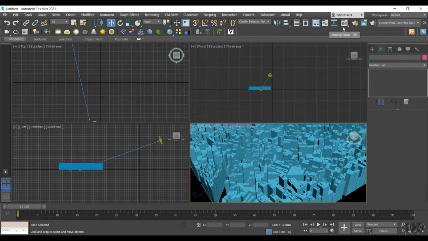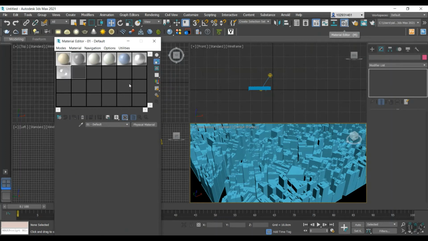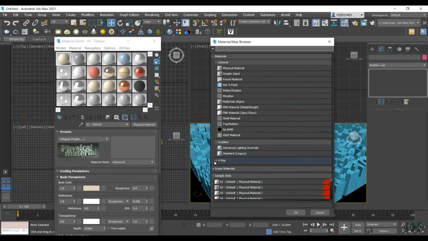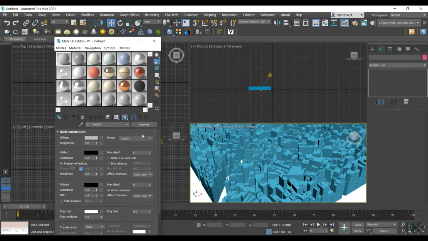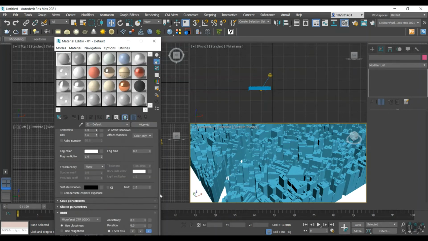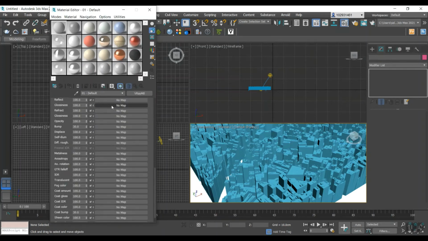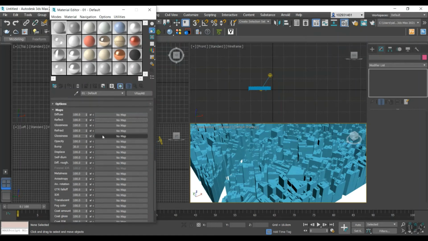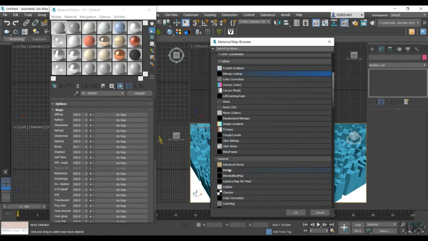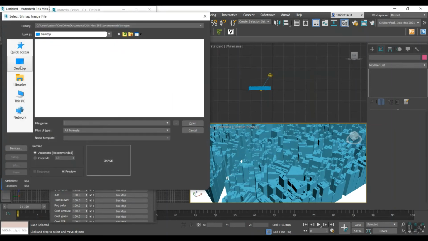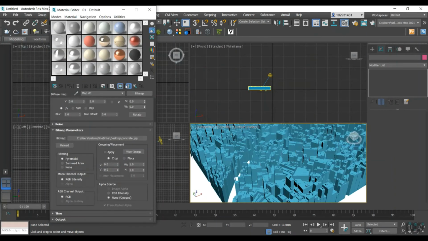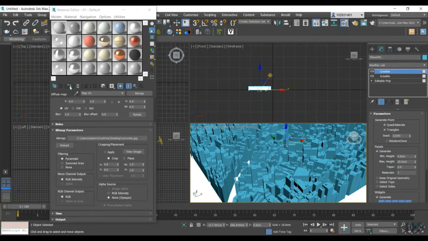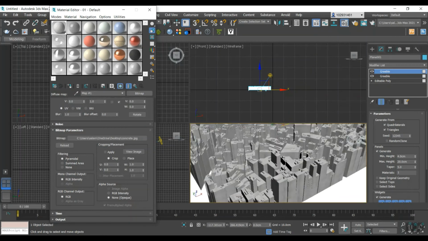If I want to apply a material, just press M. Just apply a random material, a V-Ray one, or just V-Ray MLT, and I'm just gonna go down to maps and choose a bitmap as concrete, and I'm gonna apply it to my GREEBLE. I'm gonna apply it to it,